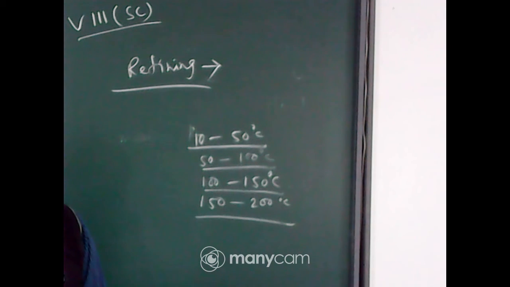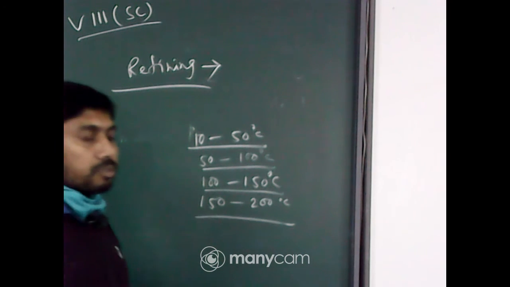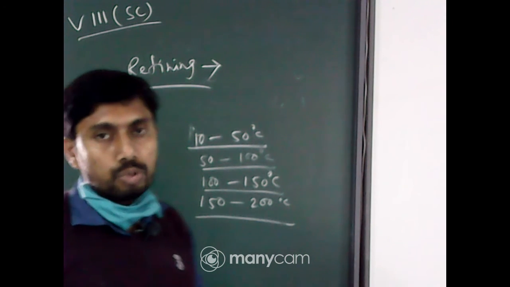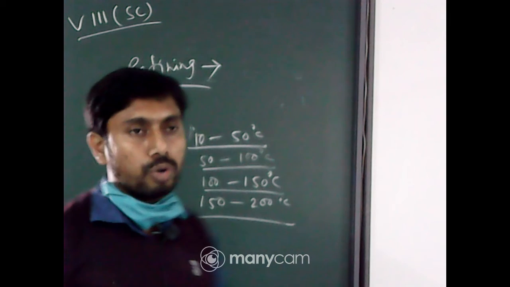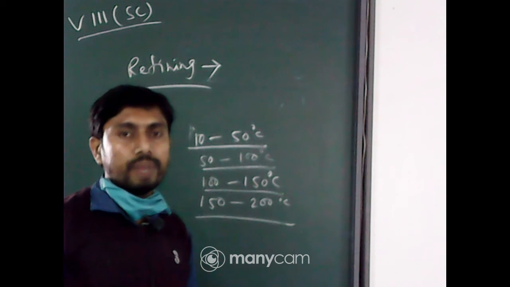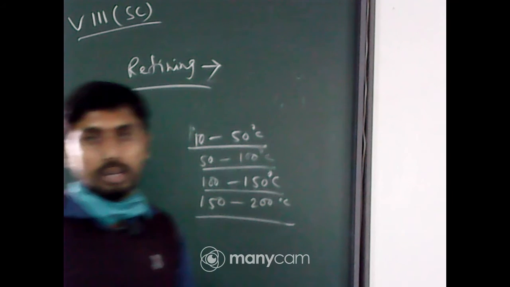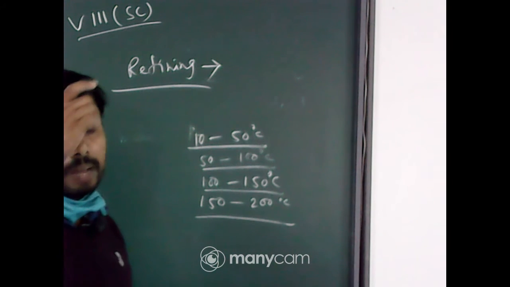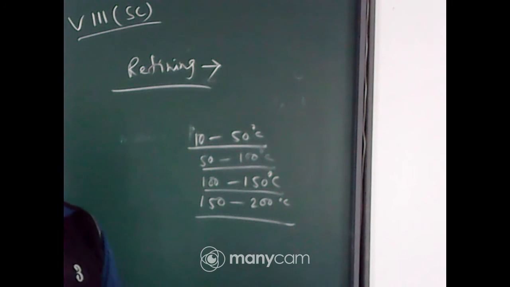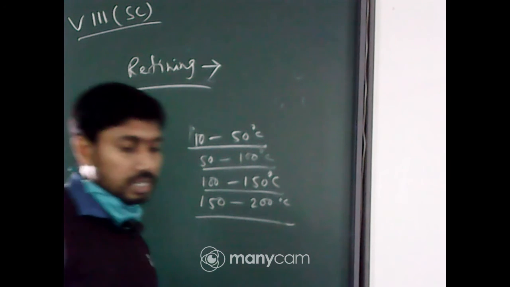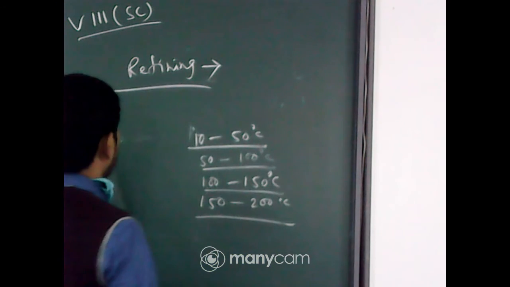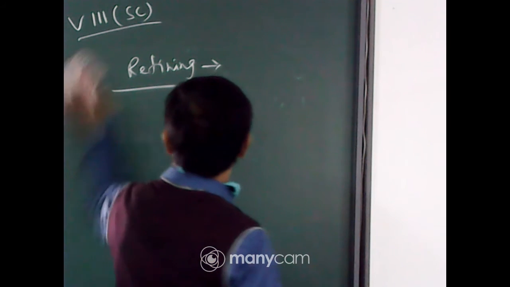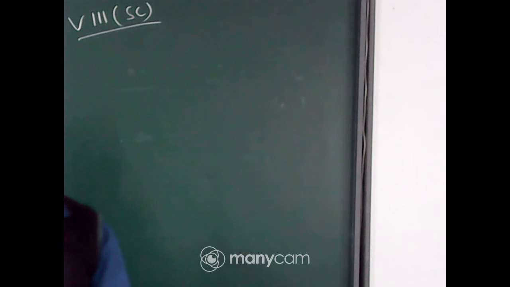Okay. So the refining of petroleum, and what is a petroleum refinery? That is the factory where crude petroleum oil is converted into different byproducts of petroleum. It is called a petroleum refinery, and you can see the picture of a petroleum refinery. Petroleum refineries are found in Assam, Mumbai High and Gujarat. Okay. So, this is a petroleum refinery.